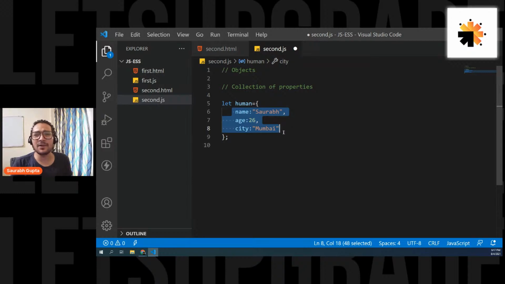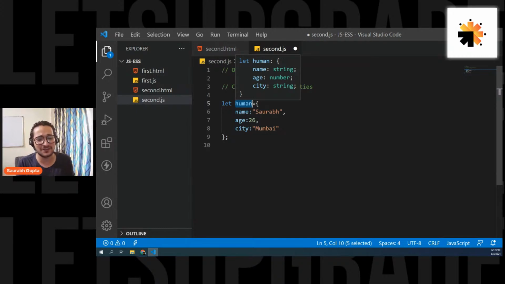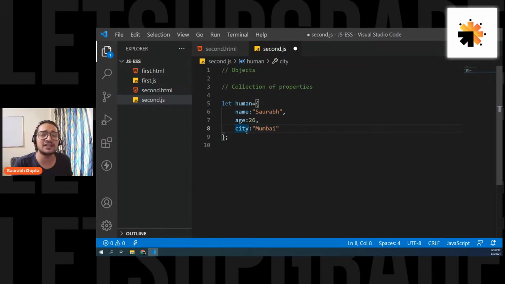In this case, it's just a sample. I'm just calling it human. That's all. Yes, I know that in future it can be an array as well, but that's fine. So the concept behind creating an object is you simply structure the data that belongs to a single entity.